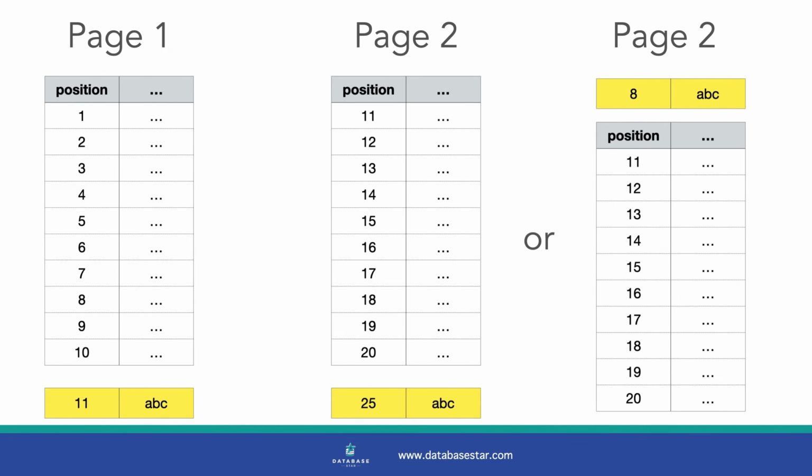However, there is a risk with this query. The data is ordered by this date field only. A record may appear in position 11 when ordered by date, meaning it doesn't show on page 1. When we run the query for page 2, this same record may appear in position 25, meaning it's not on page 2 either. That may be okay, as we might see it on page 3. Or even worse, it could appear in position 8, meaning it would show on page 1 during our query for page 2. This means it didn't appear in the page 1 query when we ran it, and now doesn't appear in the page 2 query. The row is never shown.